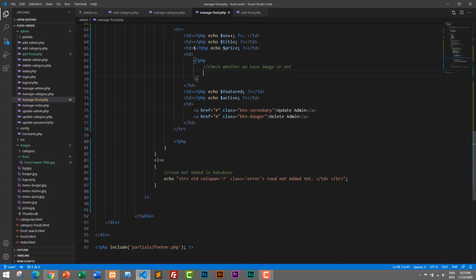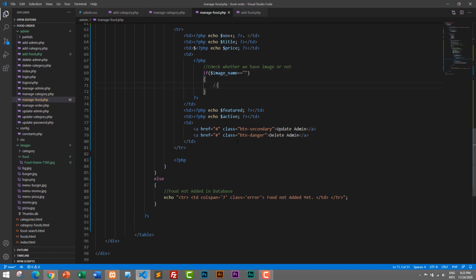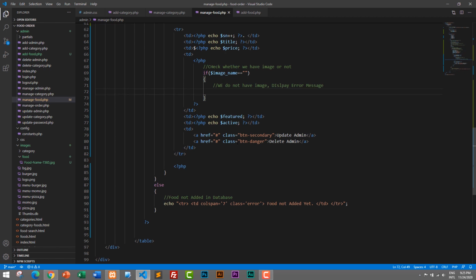So if $image_name is equal to blank, or if image name is empty, that means we do not have image, display error message. So we will echo,